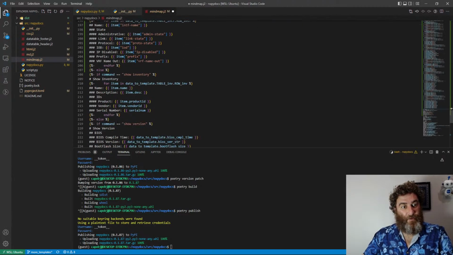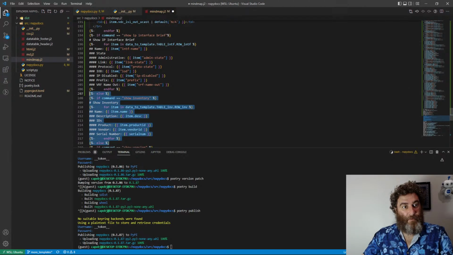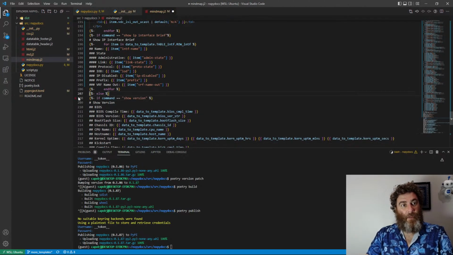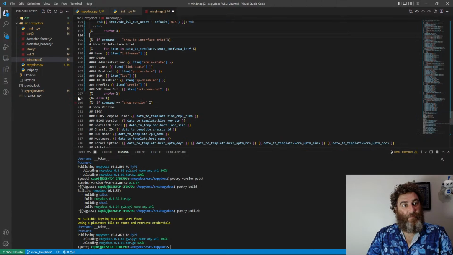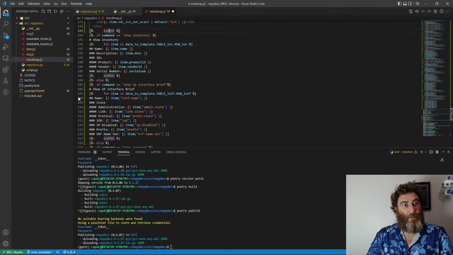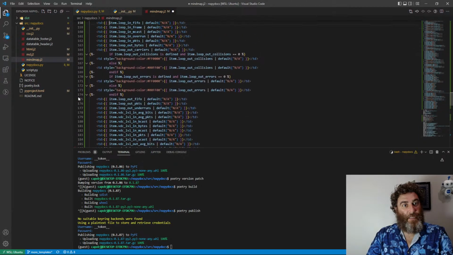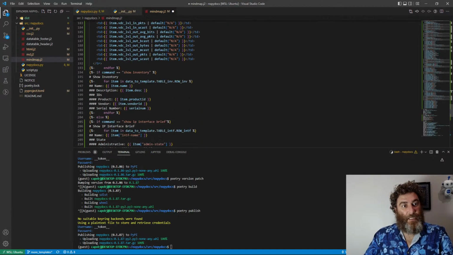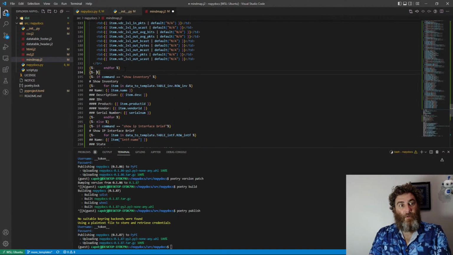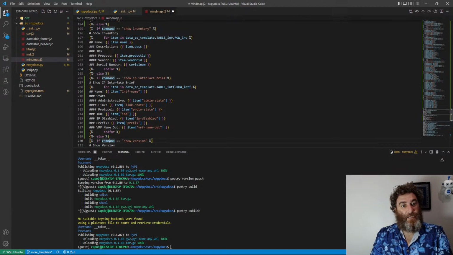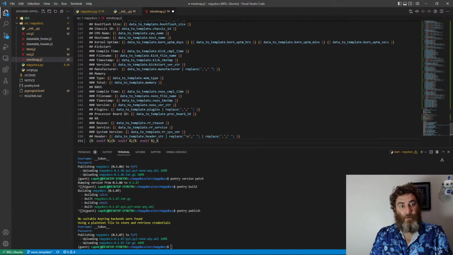Let me put inventory above interface brief, but below interface. So then I need to do else, and I need to add my end if,